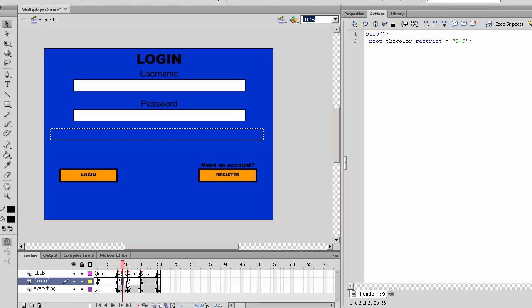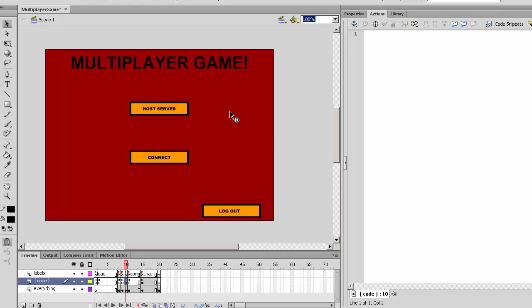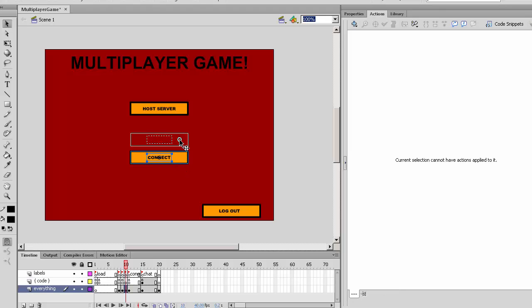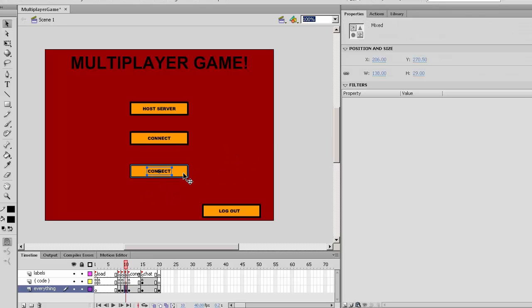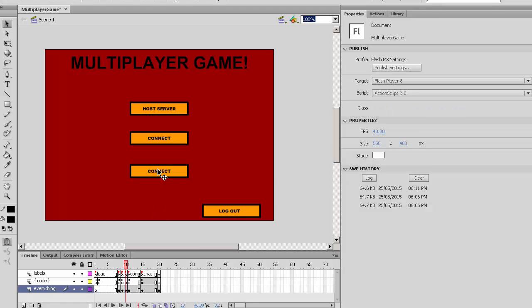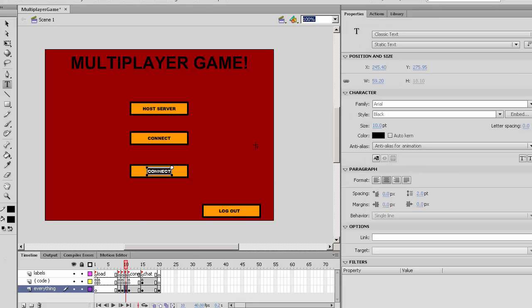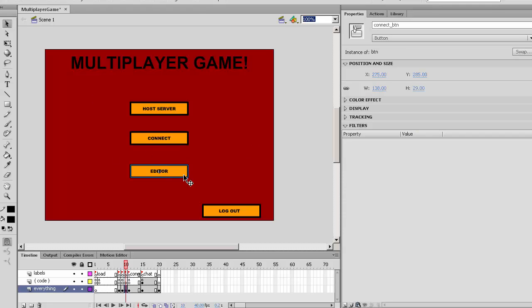Back to multiplayer game. This is the menu, so just carry that up and duplicate this by pressing Ctrl Shift and drag it downward. Release before taking off Ctrl and Shift, and we'll change this text to editor and make this instance of button editor button,